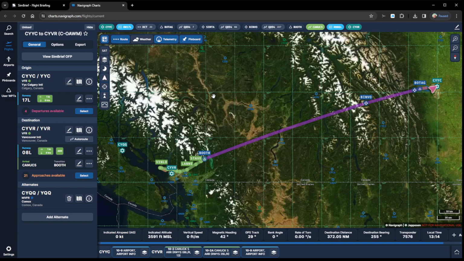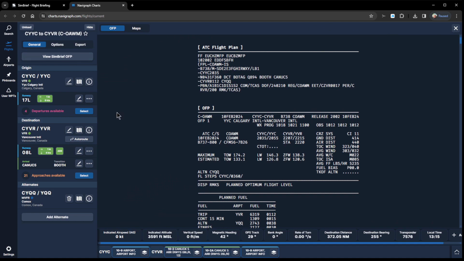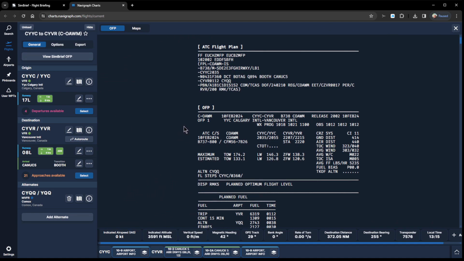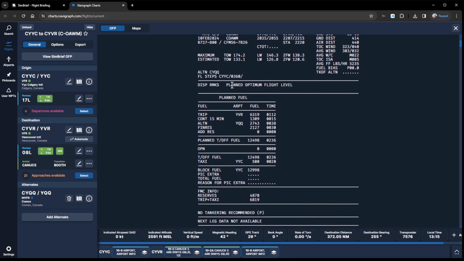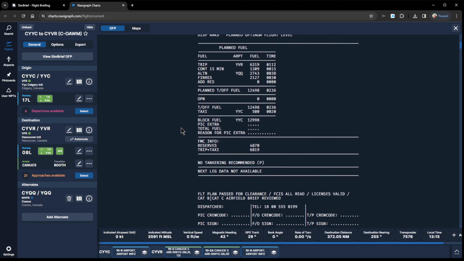So the first thing we're going to do is take a look at the operational flight plan, and you can do that by looking at the SimBrief flight plan by clicking on this button on the left hand side within Navigraph charts. So this is our flight plan for today. We're going from Calgary to Vancouver. We've got planned fuel, and the altitude they've planned for us is 36,000 feet, so flight level 360. The trip is about an hour and 12 minutes, and we've got the normal contingency fuel, alternate fuel, and the